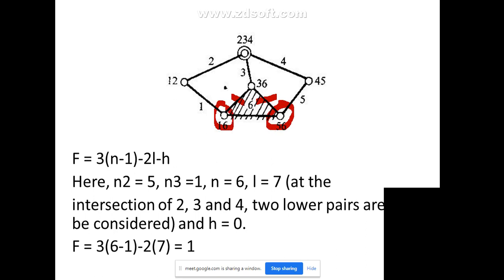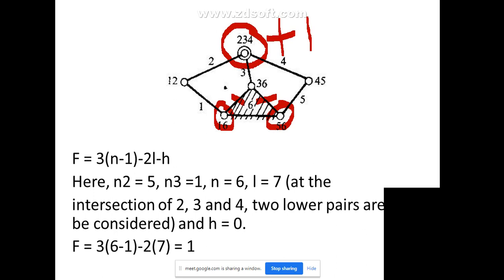Here also the connection is only between 2 links, that is 1 and 6. Here the connection is between 5 and 6, because this is a connection from a binary link to a ternary link, but the joint is having only 2 links. Okay, only at this joint you have 3 links joined at a point, making it one additional lower pair to be added. Okay, so solve this problem. Any doubts are there, you can ask.